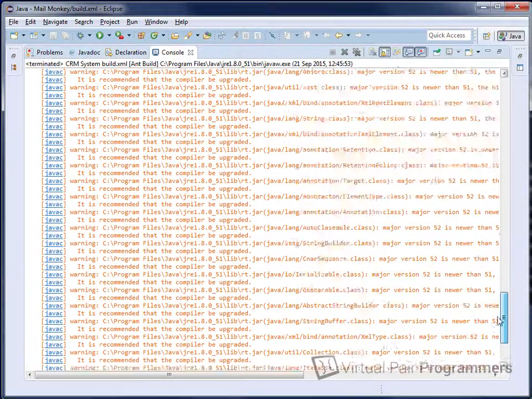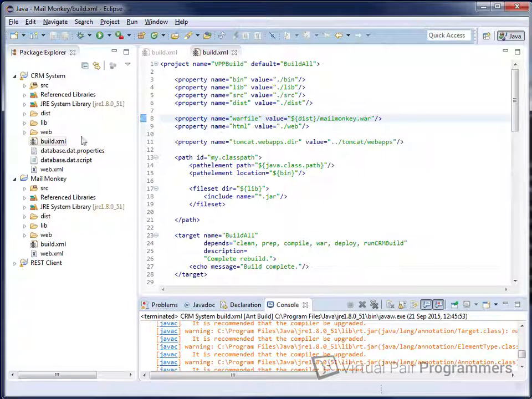So as long as there are no compile errors in your project, just run either of the build scripts and it will deploy both applications. So that should solve a few problems. It's a common problem on our courses at this point. If you ran the build script and got an error saying that the compiler could not be found, then what